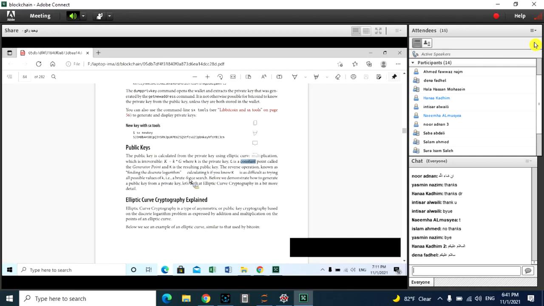Then K is a private key, a large number generated randomly. Then using this equation, we should find K times G. K times G is a point and is the public key. Okay, to know how to calculate this equation, K times G